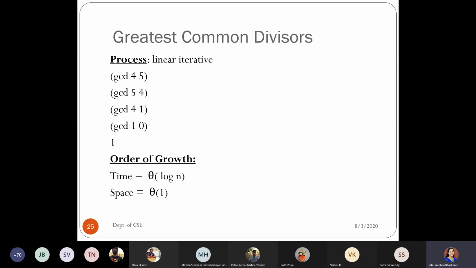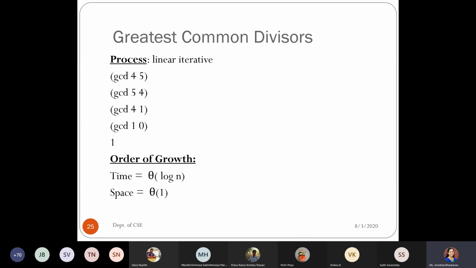It doesn't require more steps, but very few steps, lesser than half itself. So how do we represent lesser than half kind of things? For that we go with logarithmic terms.